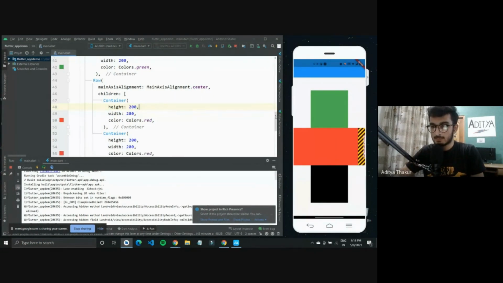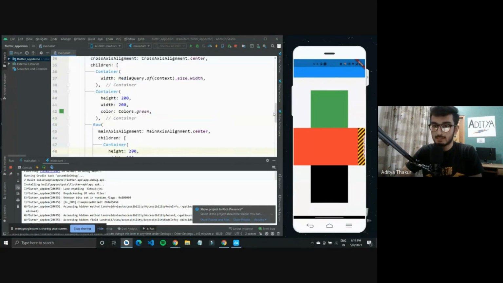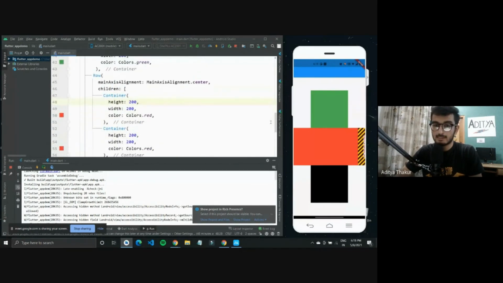So I'll scroll down to where we had our row. We had this row, and there are 2 widgets in it with a width of 200. So they total up to 400, which is too much. So you can try to manually lower it, as in keep the width to 100.